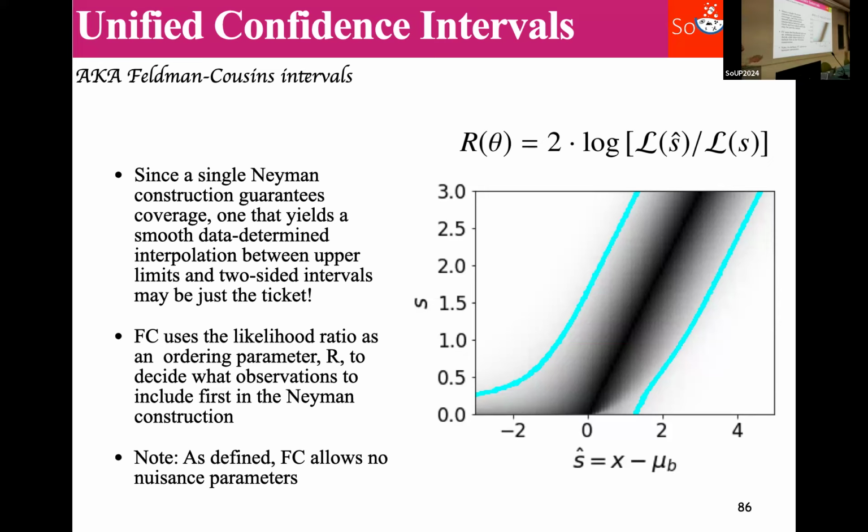The problem is the way to do this is to include parts of this in your Neyman construction ordered by the profile likelihood ratio, or the way Feldman-Cousins described it, only based on the likelihood ratio. So you choose to include first this here in black, which is the highest ordering ratio. It's the best fit to the hypothesis. And you see here, you start with this, and then you start adding more and more out from the sides of this best fit parameter.